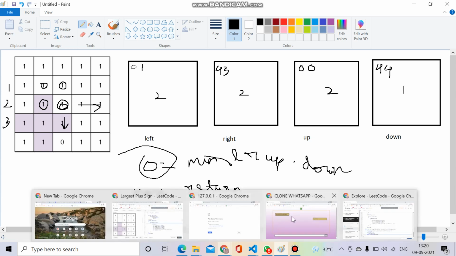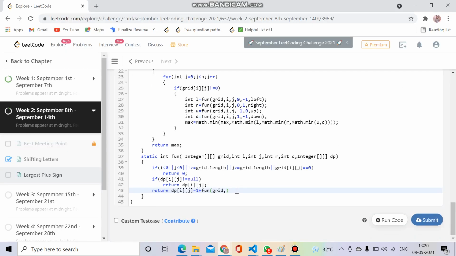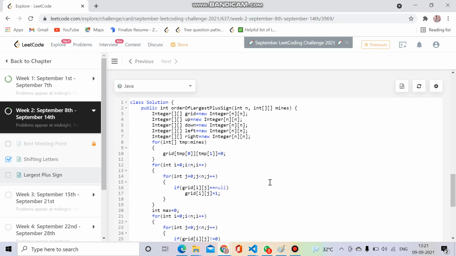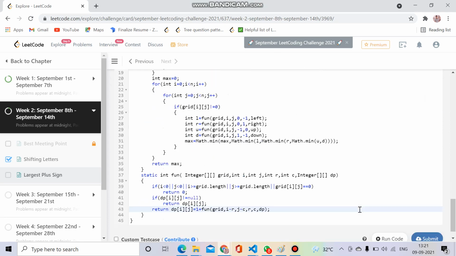So grid of i minus r, j minus c. These are the things we have to decrease in order to move left, and in order to move right, these are the things, and in order to move upward, these are the things. Or you can say the values, and I will store it in dp. So I think the code should run.